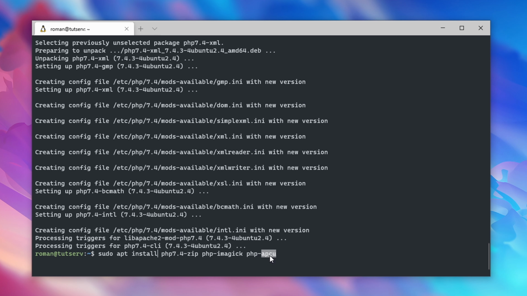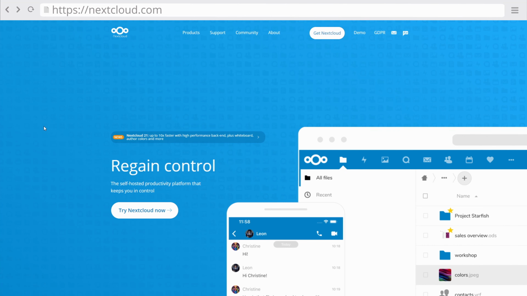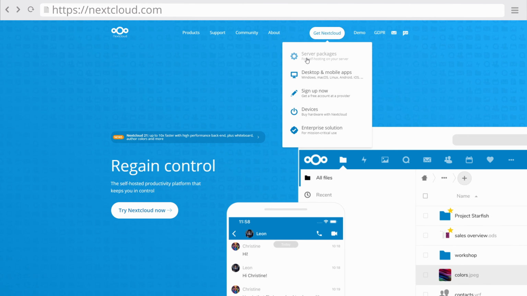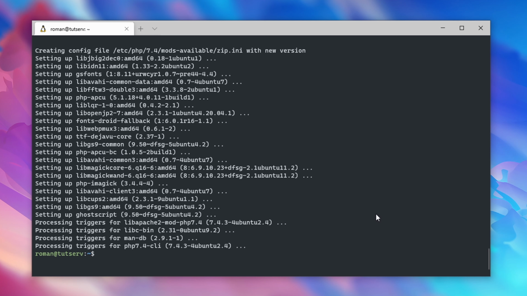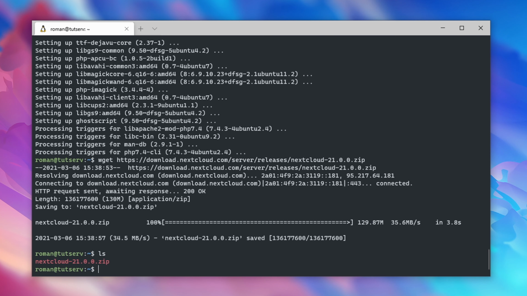This last library here is essentially required in order to use the APCu caching method, which I'll explain later in this video. Now it's finally time to download Nextcloud. For this, head over to nextcloud.com, click on Get Nextcloud, click on Server Packages, right-click on Download Nextcloud, click on Copy Link Address, and back on your server you can download this by typing wget and pasting the download link. As you can see, this will download the Nextcloud version 21 zip file,